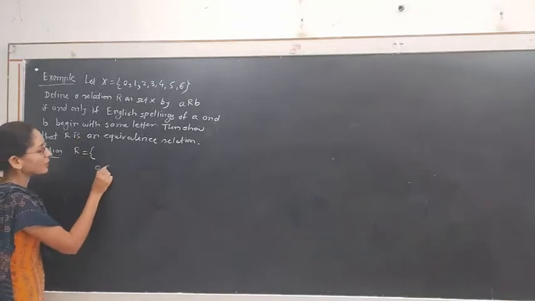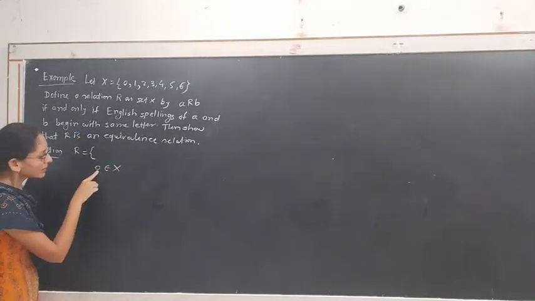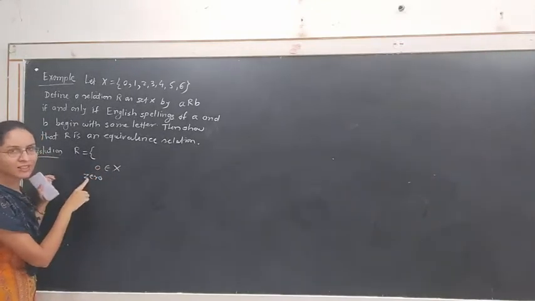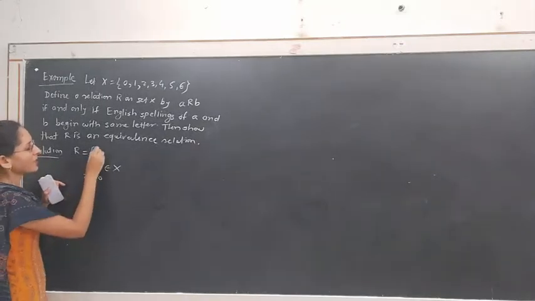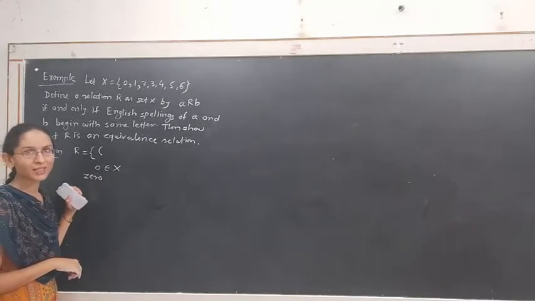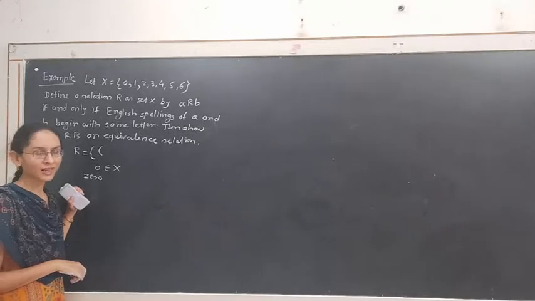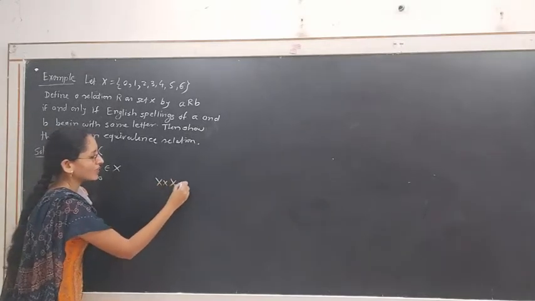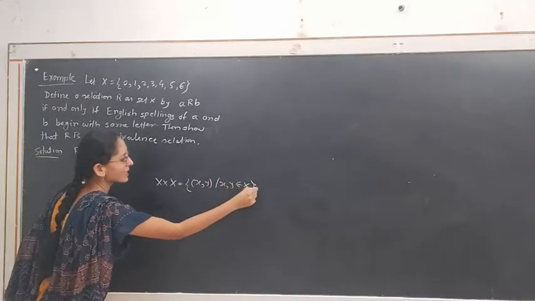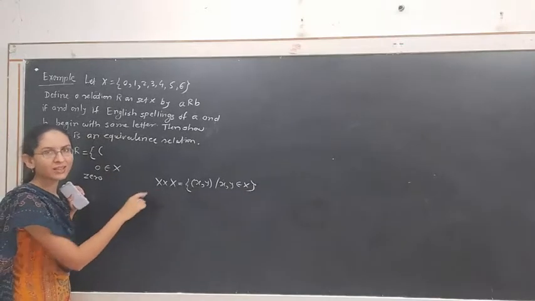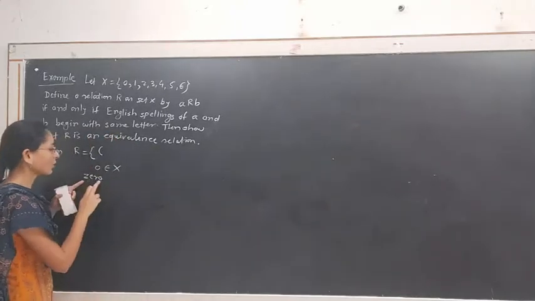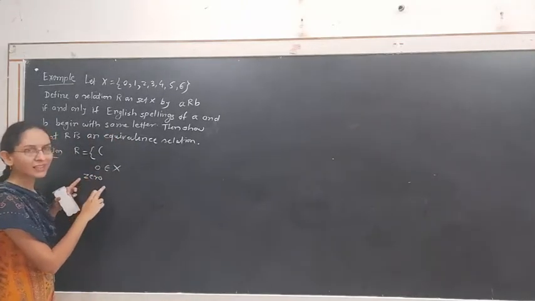See, the element 0 belongs to X. This number 0 has spelling that starts with the letter Z. Hence, the ordered pair, what is R? R is a subset of X cross X. R is a relation on set X, hence R is a subset of X cross X. What is X cross X? The set of all elements (x, y), where x, y belong to set X. And R is a subset of this set, hence R also consists of ordered pairs.